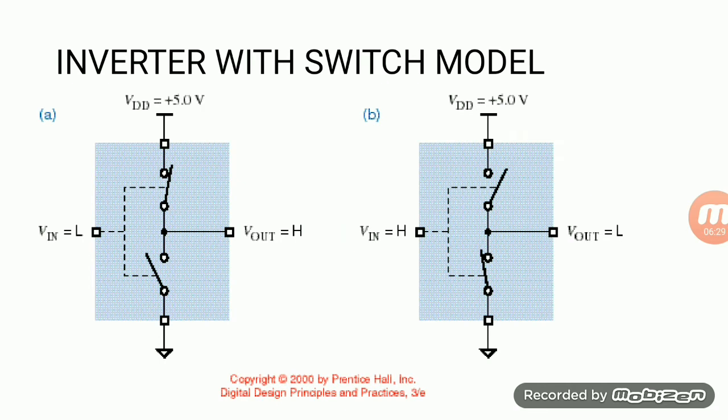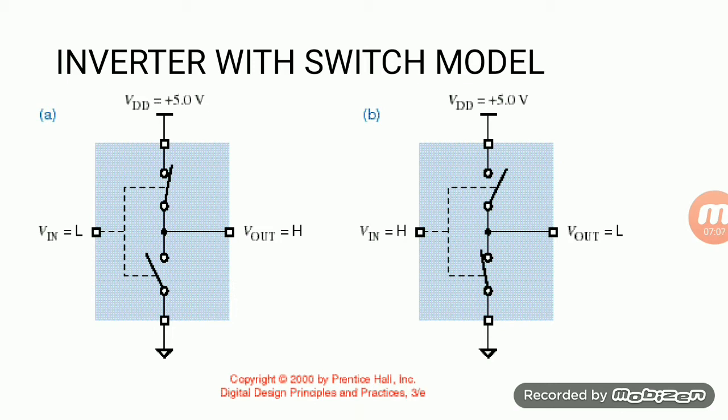So now we can go for the CMOS inverter implemented with the switch model. This is also a somewhat important question. We can be asked to draw and explain the CMOS inverter with the switch model, or draw and explain the CMOS NAND gate with the switch model. Sometimes university people ask me that. In the switch model, we treat the transistors as switches, replacing them with switches. Both the p-type and n-type transistors will be replaced by switches. The remaining circuit will be the same.